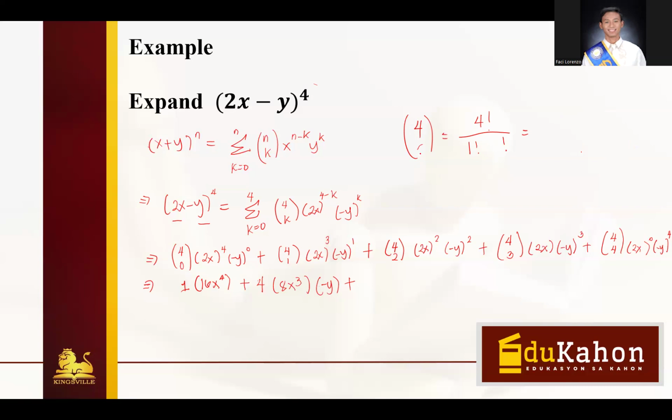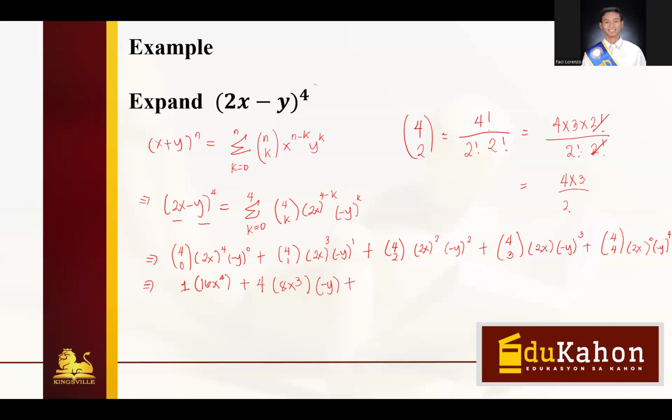So, this is 4 taken 2. 4 taken 2 is just equal to 4 factorial divided by 2 factorial. And this is also 4 minus 2. So, that is 2 factorial. Okay? So we have 2 factorial multiplied by 2 factorial. And by simplifying this, we have 4 times 3 times 2 factorial divided by 2 factorial times 2 factorial. So we can cancel 2 factorial here. And what remains is 4 times 3 only, because we already canceled 2 factorial. 4 times 3 divided by 2 factorial.